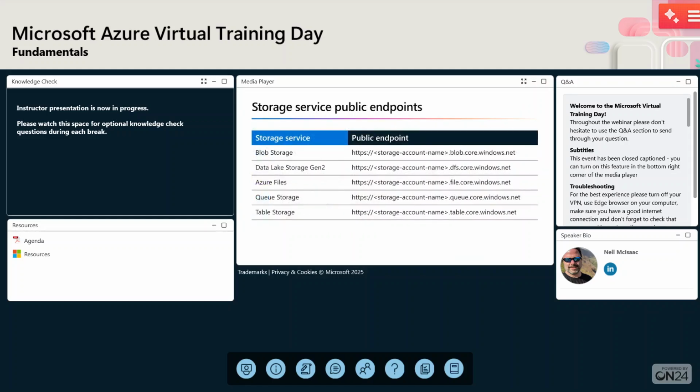In order to access these different storage services, people, services, or applications will need to use the appropriate endpoint, depending on what type of service is being used. This provides a way of connecting to the service, as well as helping to connect to the correct type of service. For each of these services, you'll notice that the public endpoint will be a little bit different based on the type. For example, for accessing blob storage, the endpoint is